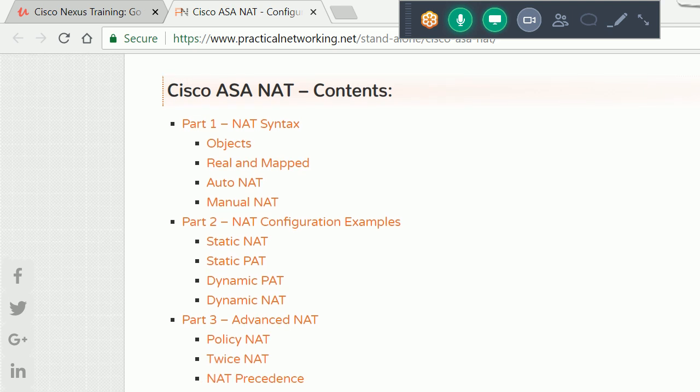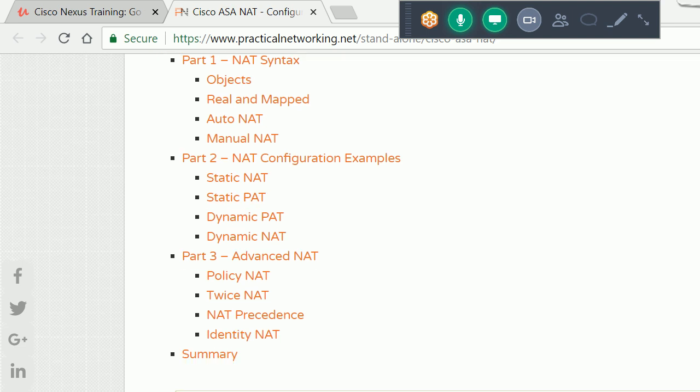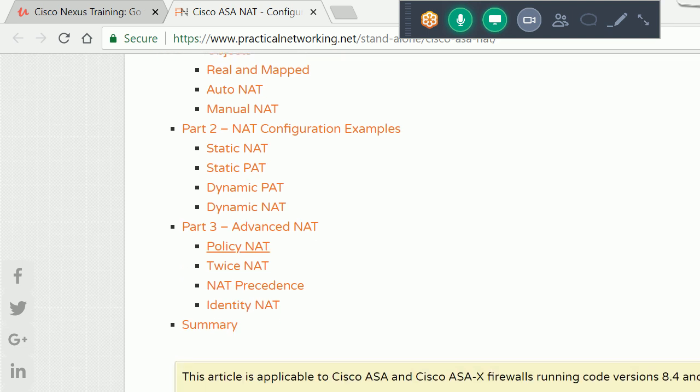We have lots of examples: static NAT, static PAT, dynamic NAT, dynamic PAT. Advanced NAT is also there: policy NAT, twice NAT, NAT precedence, and identity NAT. Identity NAT I will teach you in VPN classes because we usually use it there, and policy NAT we are not using anymore. We always use twice NAT in place of policy NAT.